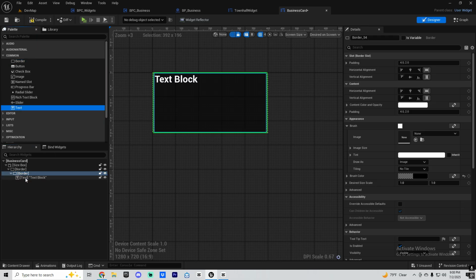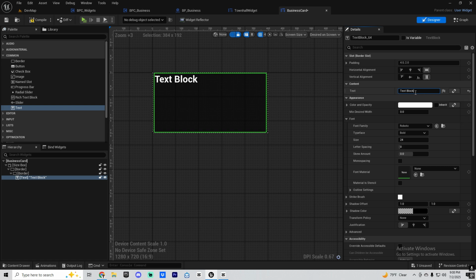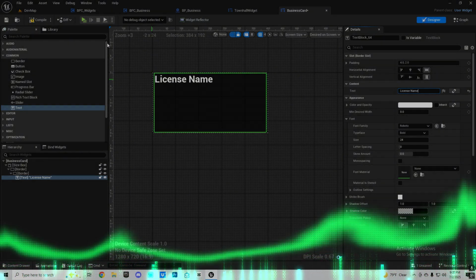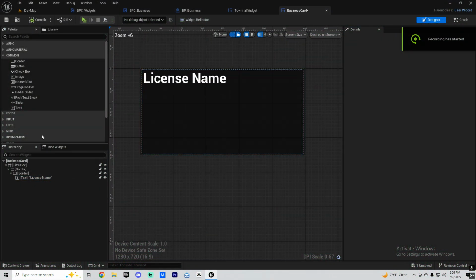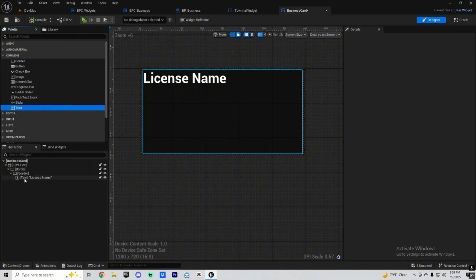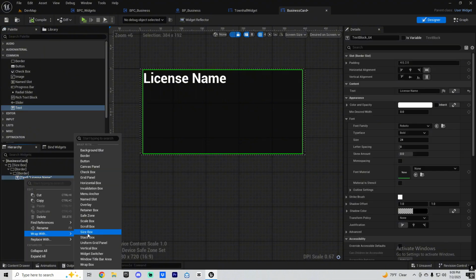And text, technically this one is gonna be license name, and we can add a little description. Okay, I'm back. I don't know what happened to Google Chrome. Google Chrome just acting weird. Okay, so now